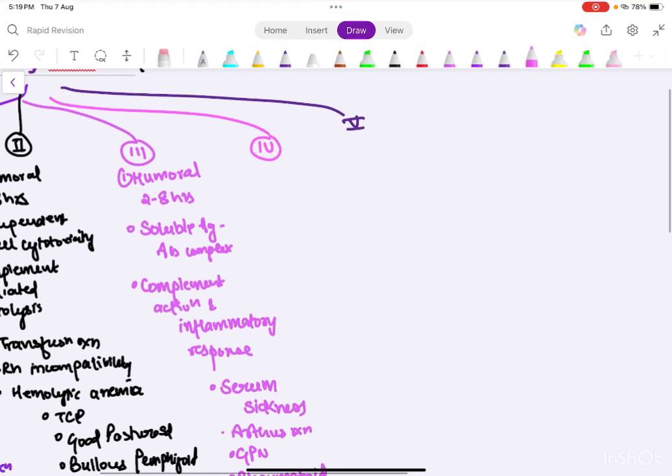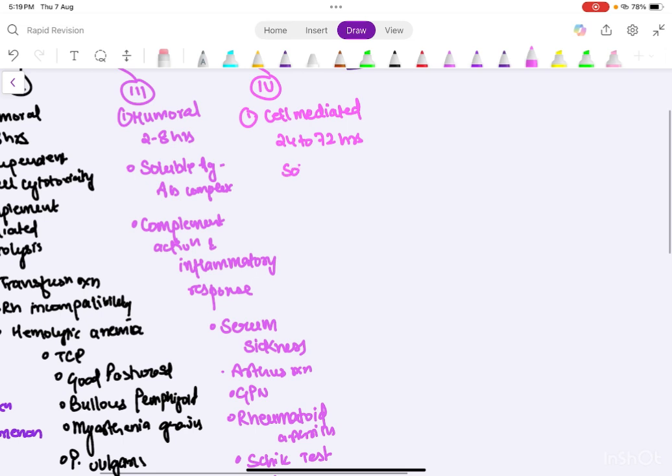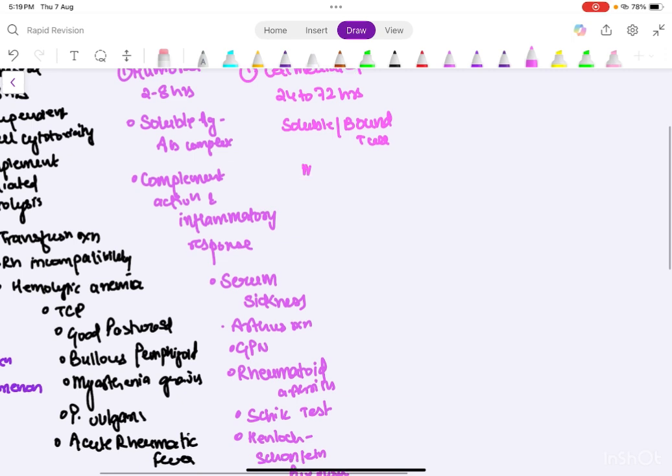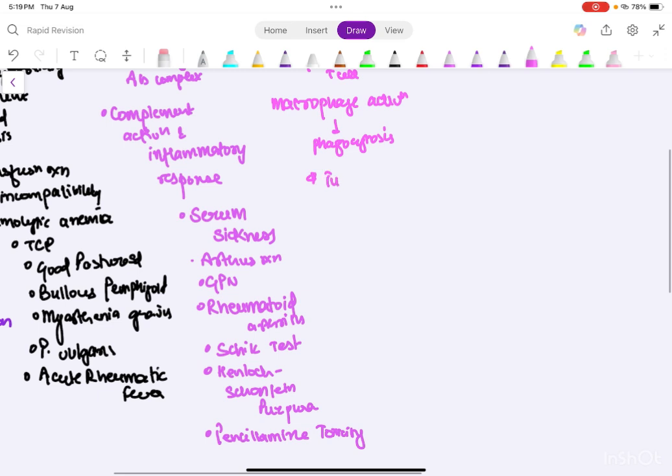Then coming on to type 4. In type 4 the one thing that is different from all is that this is cell mediated and not humoral. Now this takes the maximum time, that is 24 to 72 hours. In this you have a soluble or bound T cell. Now in this basically you have macrophage activation, which leads to phagocytosis. Now over here the examples are tuberculin test,